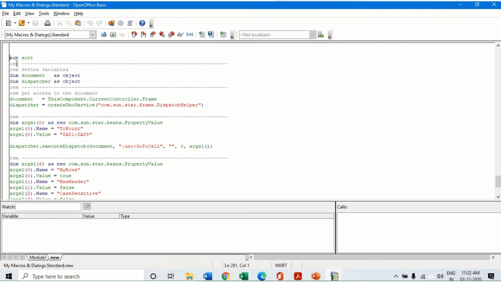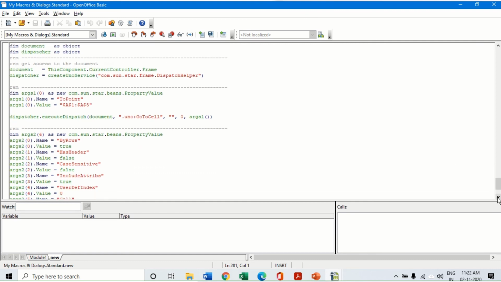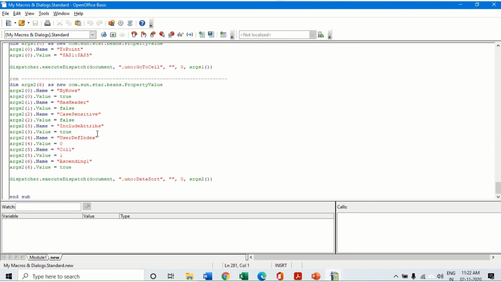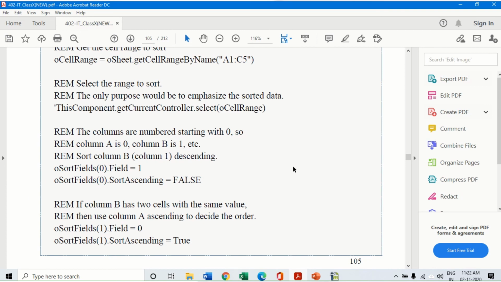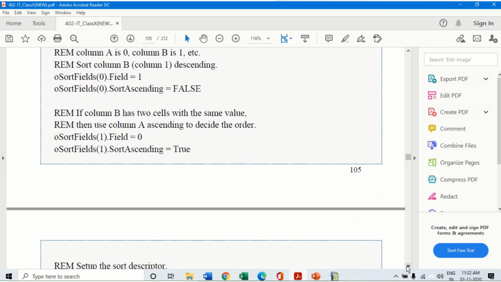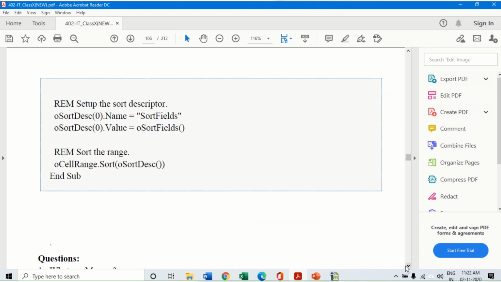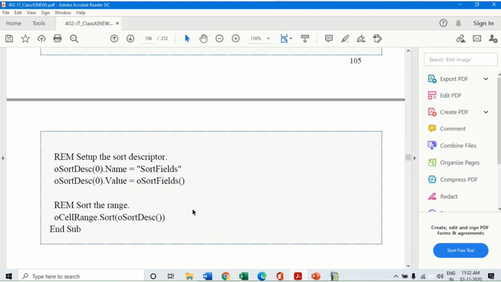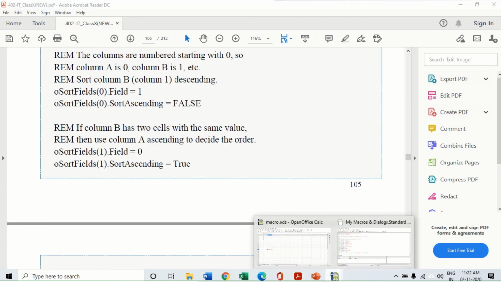The sort macro which I wrote, subsort, gets written over here in the StarBasic language. This is the same thing that gets converted into a macro here.